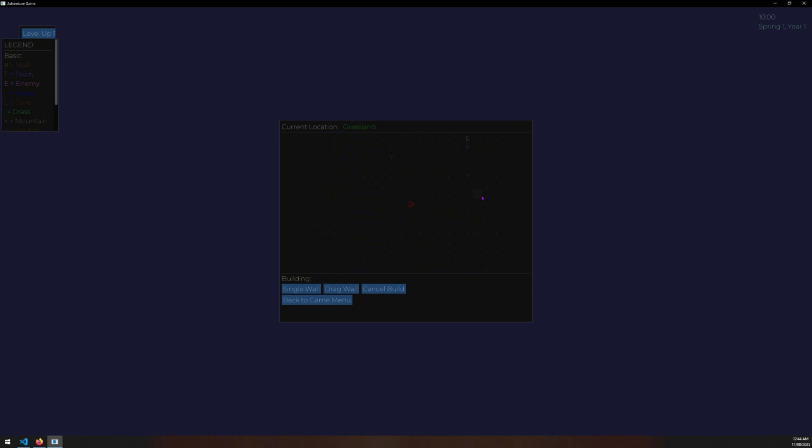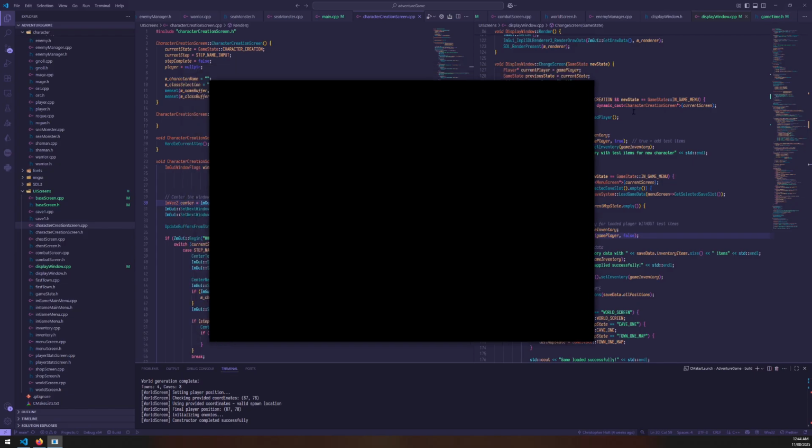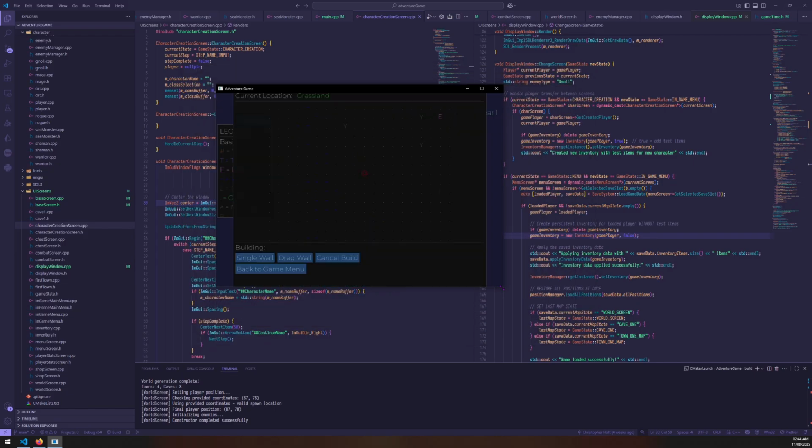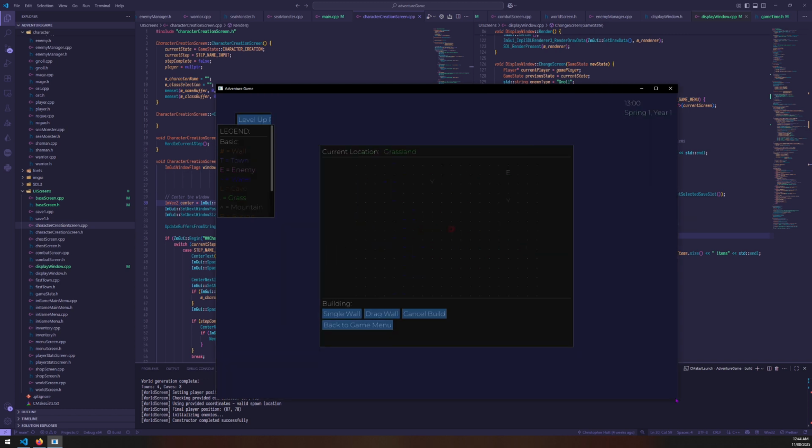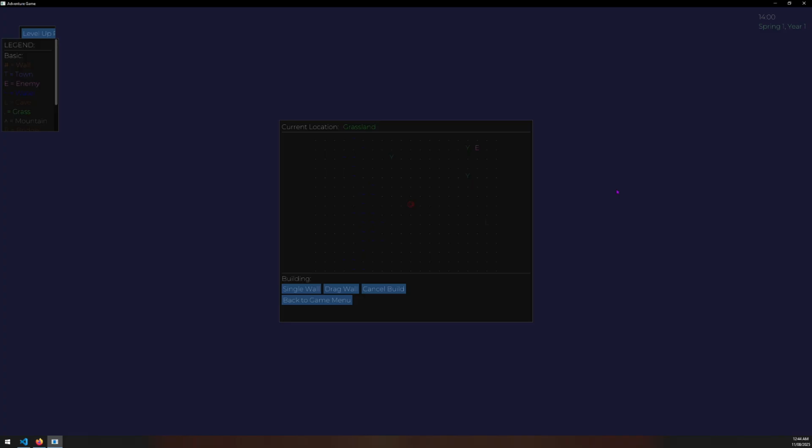Obviously, things that I want to work through. Resizing the window is obviously going to be important because at the moment it's just like the center. This square, they're going to be the same size. So I'd like to be able to resize it properly and maybe just not have the blue, just have the whole screen be the map.